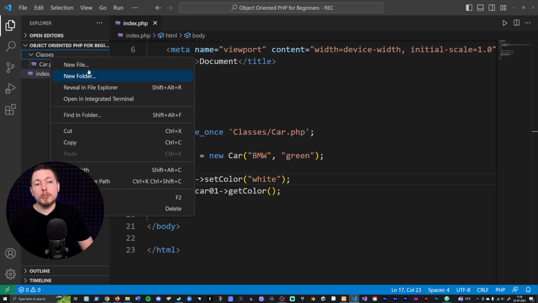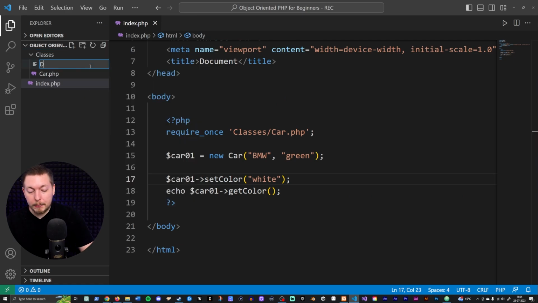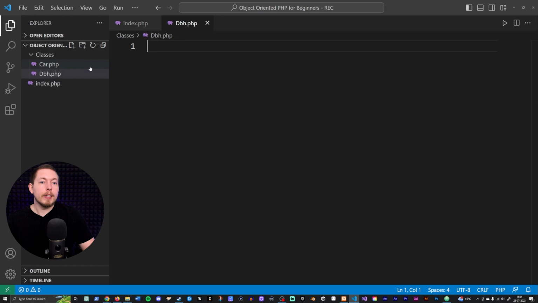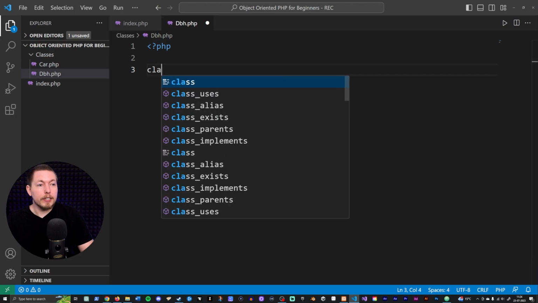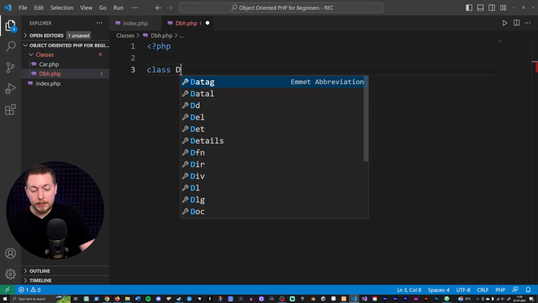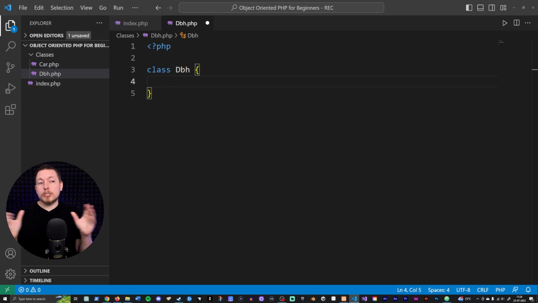First of all, I'm going to create a new file and call this one dbh, again with the capitalized D, so dbh.php. And this is going to be my database handler. So I'm going to open up my PHP tags, go down, create a class, and call this one dbh. Now this one is going to connect to my database because, when it comes to getting information from a database